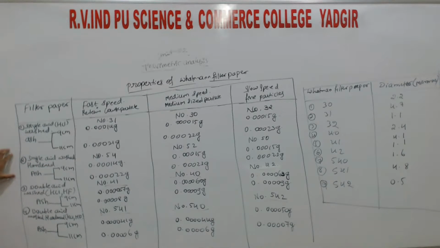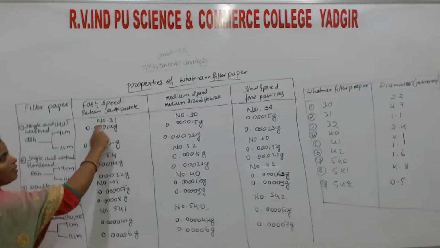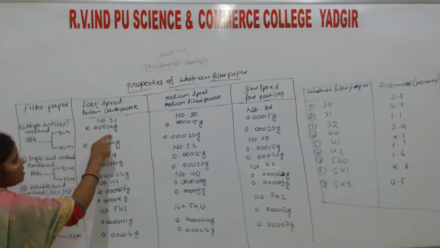One is single washed, one is single washed acid, and another is double washed acid. In single washed acid, HCl is used, and in double washed acid, HCl and HF are used. Here for the single acid HCl, ash is present in 9 centimeter and 11 centimeter. In 9 centimeter, in Whatman filter paper number 31, the ash weight present is